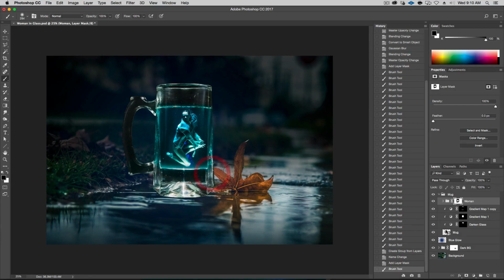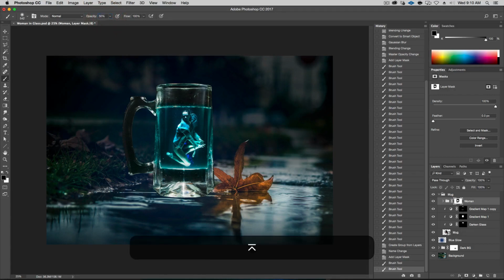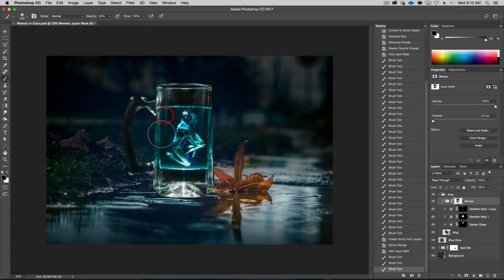So here, I'll use a bit of a bigger brush. I want some of the glass to show through here, not too much. Let's go a little lower than for the rest, 50%. Let's go here a little bit, here. So that's pretty good. Get some of the glass back in there, like so, like so. A little bit at the top. Okay, good. And let's just go back to white, 100%, smaller.